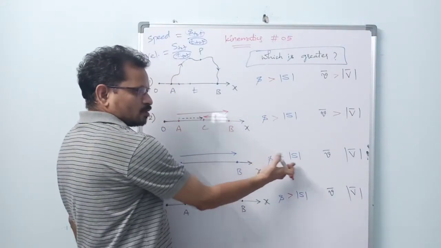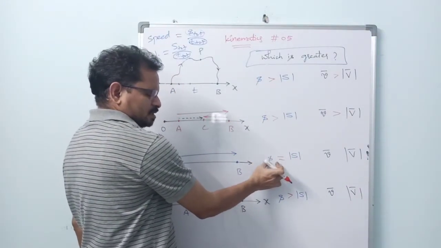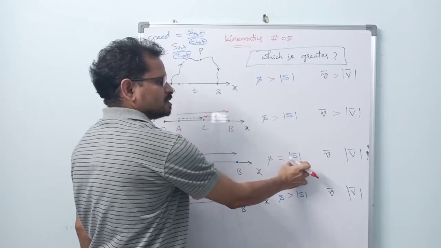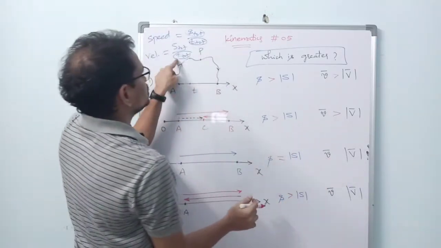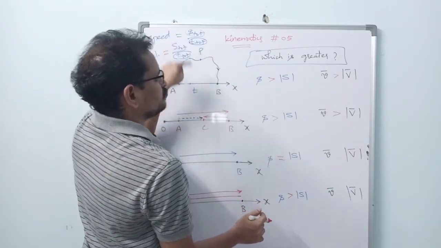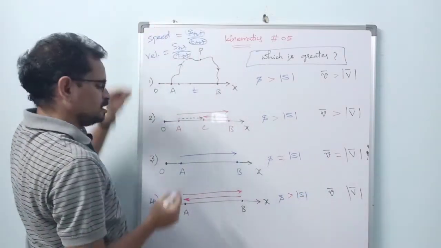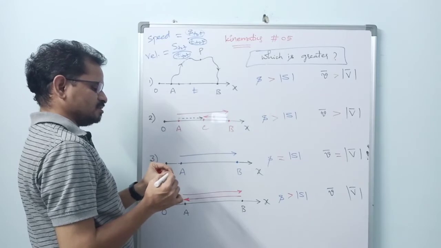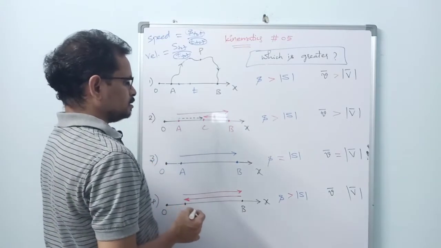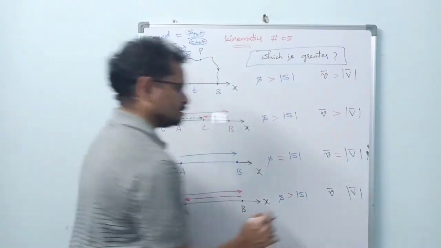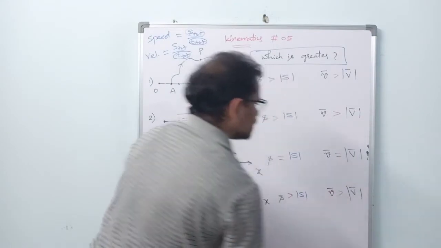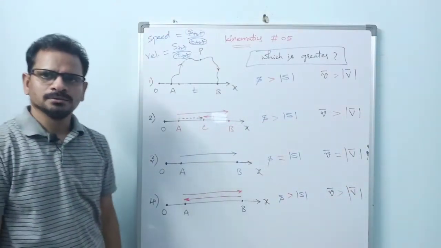Here distance is equal to magnitude of displacement. So here denominators are same, total times, numerators are equal, then the fraction values are equal. What are the fraction values here? One is speed, other one is velocity. Average speed and average velocity. Okay, so here what is the symbol? Greater. So here we put greater. So clear no? Right.